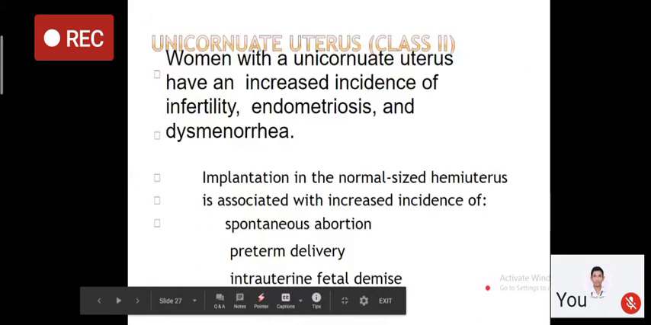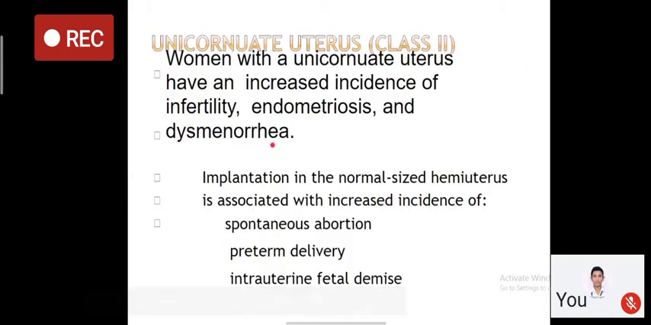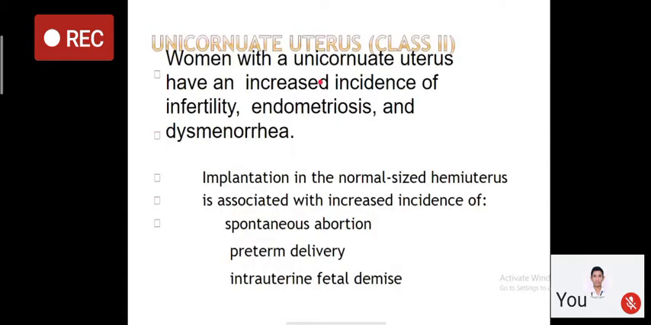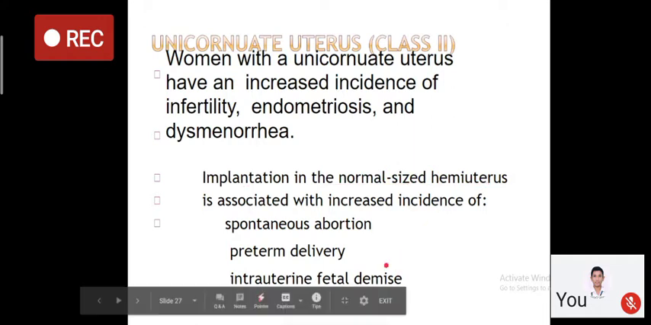Okay, next. Now I'm coming to class 2, that is the unicornuate uterus. I have almost summarized the unicornuate uterus. Again, see the picture of A, B, C, D. Now I'm telling about the theory. Women with a unicornuate uterus have an increased incidence of infertility, endometriosis, and dysmenorrhea. Implantation in the normal sized hemiuterus is associated with an increased incidence of spontaneous abortion, preterm delivery, intrauterine fetal demise,